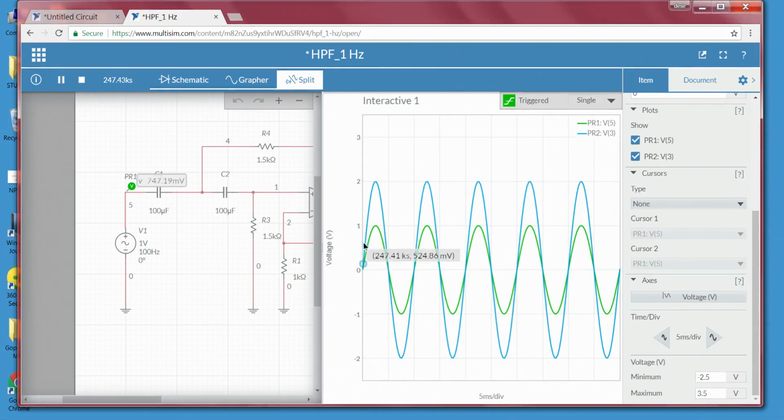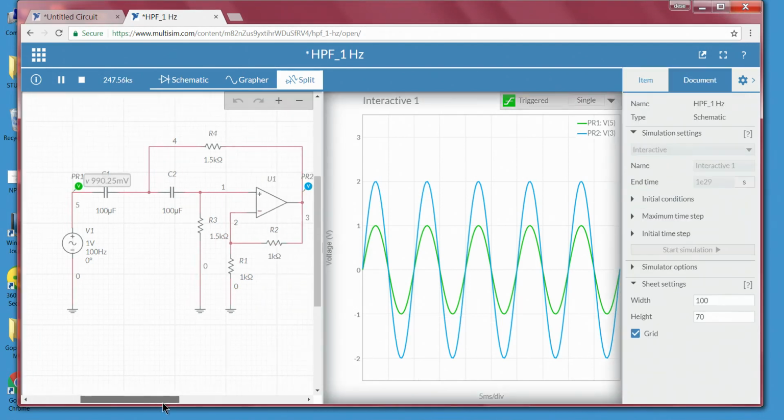From here it is clearly observed that the input is green and the output is blue. The input peak to peak value is 2 volts, whereas the output peak to peak is 4 volts. Why is this 4 volts? Because the gain here is 2, and since it is a non-inverting input, we cannot see any phase shift, the output always follows the input.